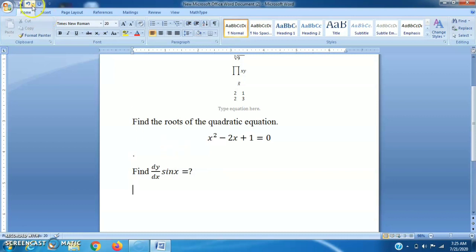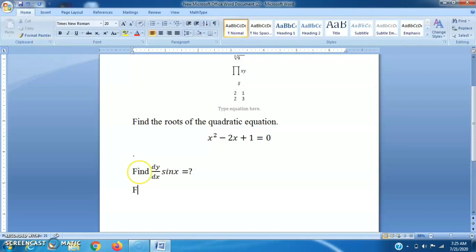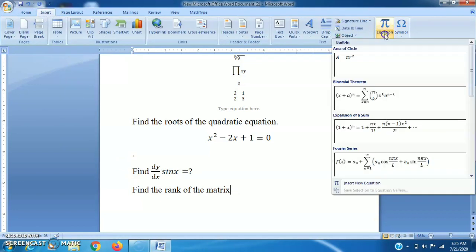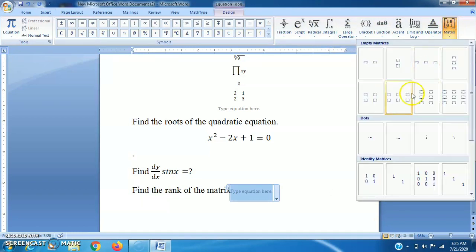Suppose I want to insert one more question. Find the rank of the matrix. Insert matrix from here.